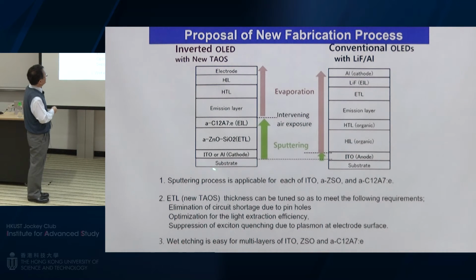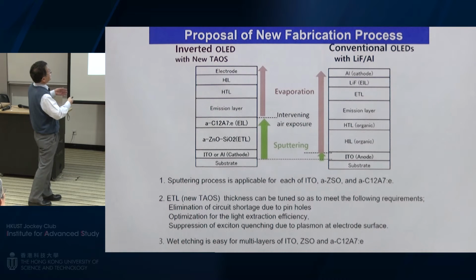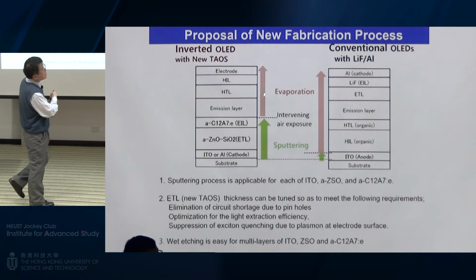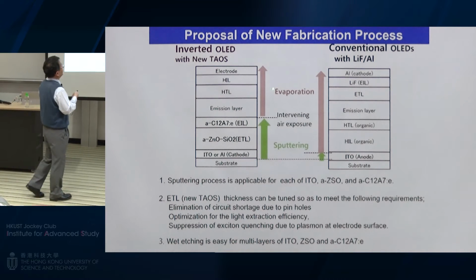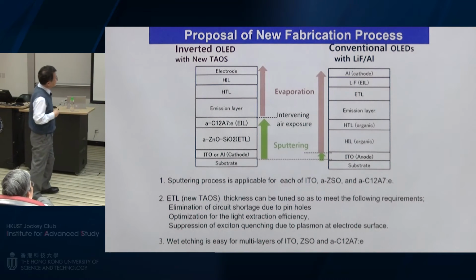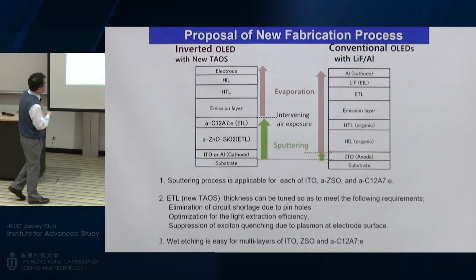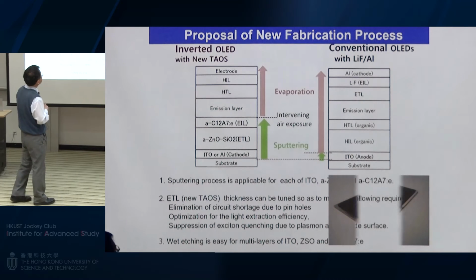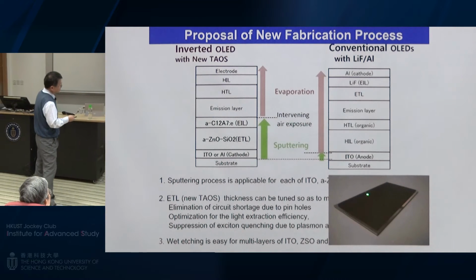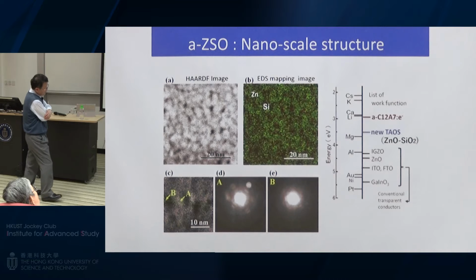Sputtering on a large size glass substrate. After that, the sample is stable, so the multilayer sputtered thin film can be taken out from the chamber, and the organic process can be applied from here to here. The wet etching of these three layers is very easy and simultaneous. This is a photograph of the C12A7 Gen 6 size sputtering target. For the remaining time, I'll show why GSO has